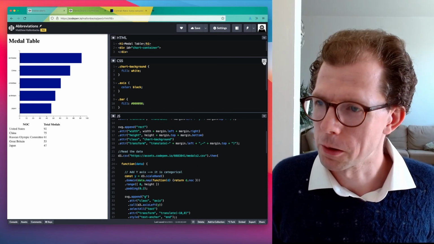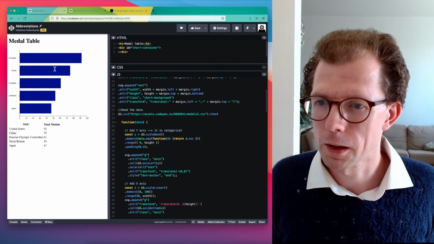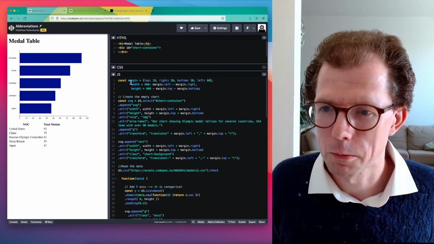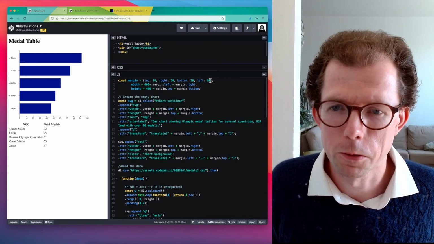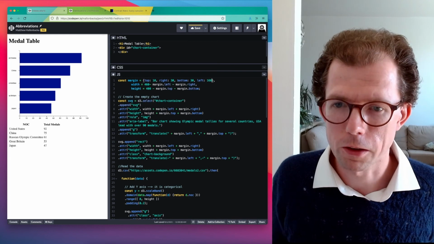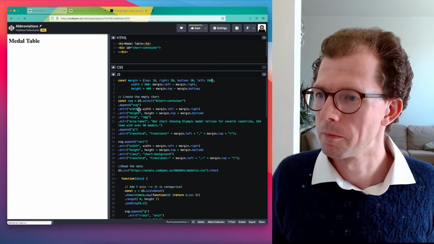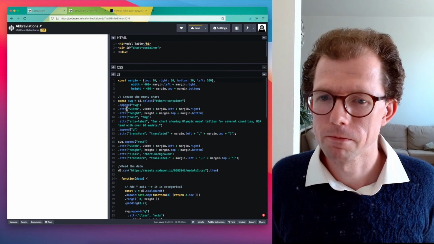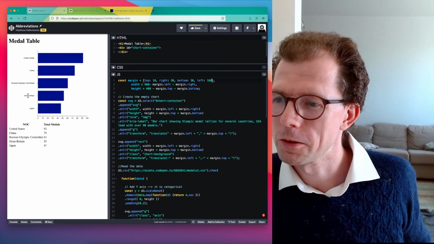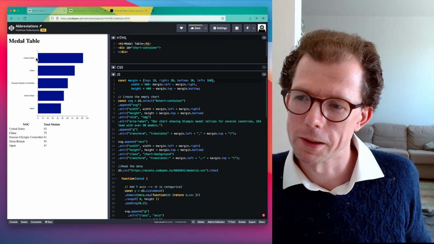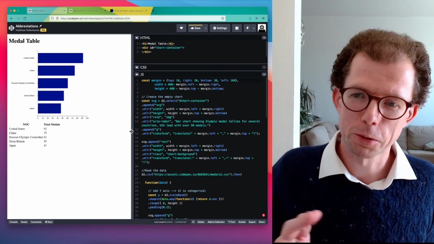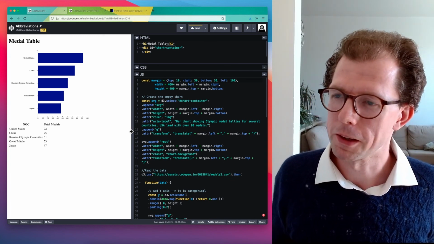Now, let's have a look. You see that we still are missing some of the text around here. But actually, we've been using this margin object here to define these. So let's jump to, let's try 160. Okay, that looks nice. So now we can see the full names, and we can still see the bars quite nicely. Again, you can make these responsive if you want to. You can do whatever you like basically with these.